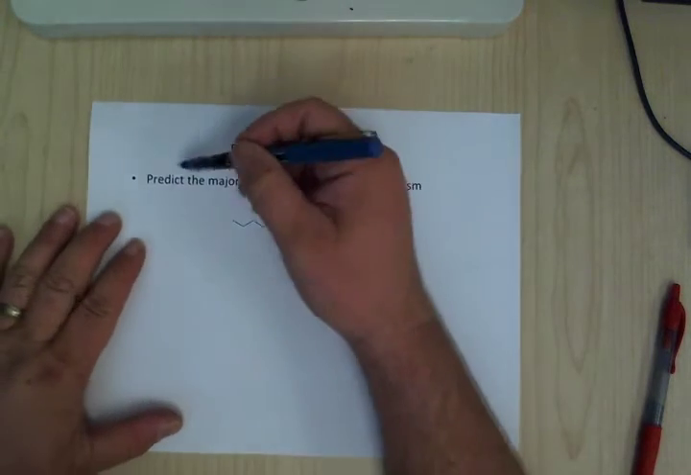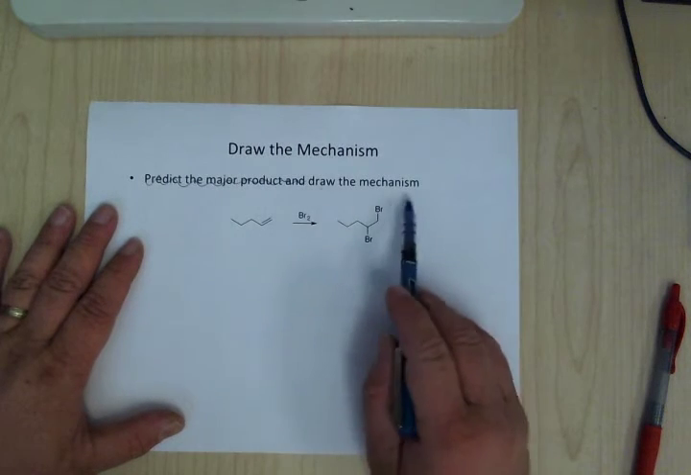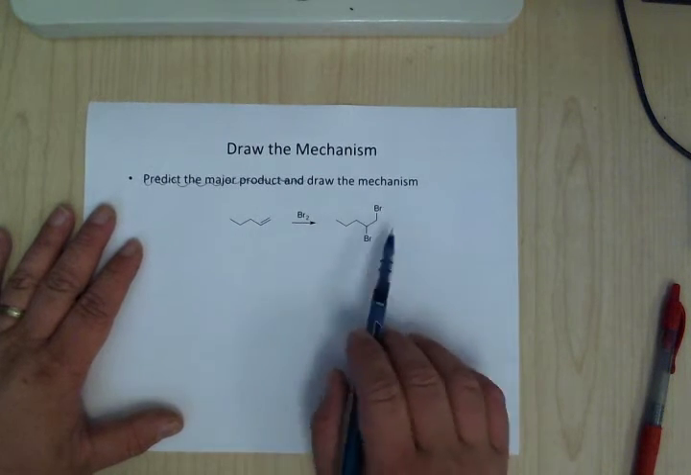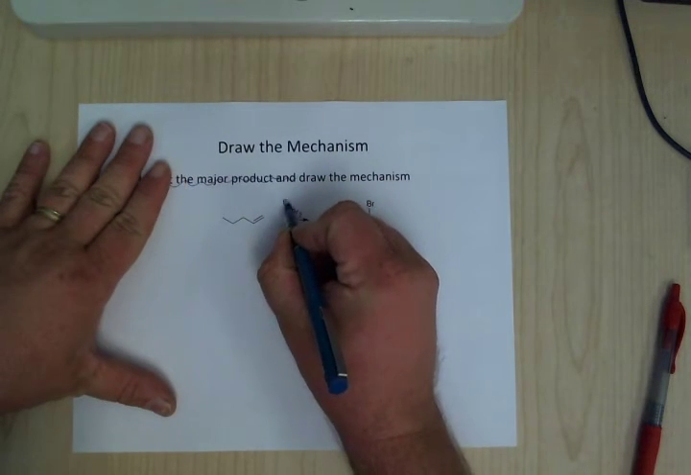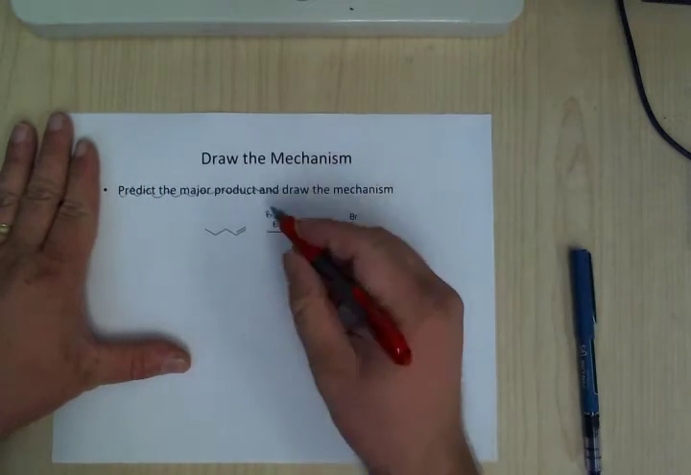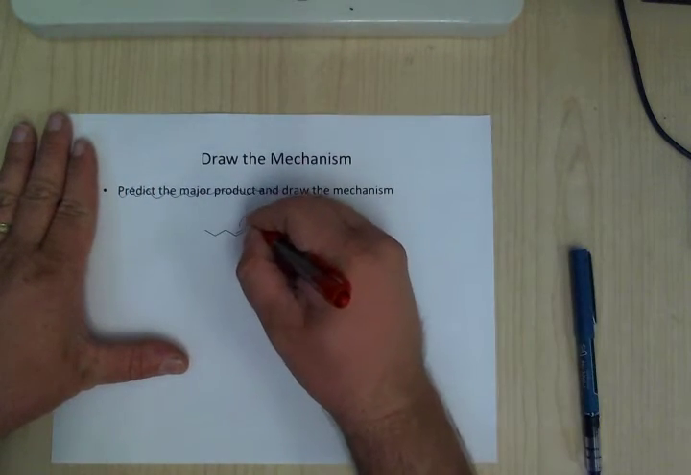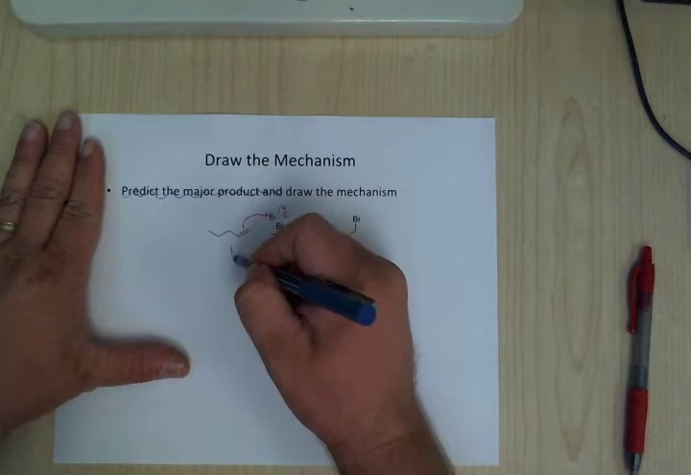Okay, so here it is. You're not going to have to predict the product. I'm going to give you what the product is, but you are going to have to draw the mechanism to account for this. So for the Br2, you have to think of this as Br-Br. So the mechanism is, this is going to attack here and push that away to give you,